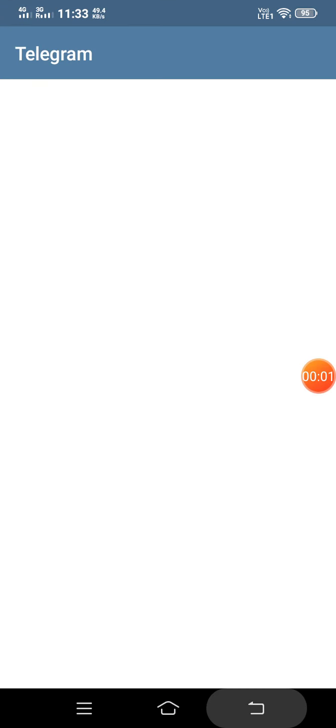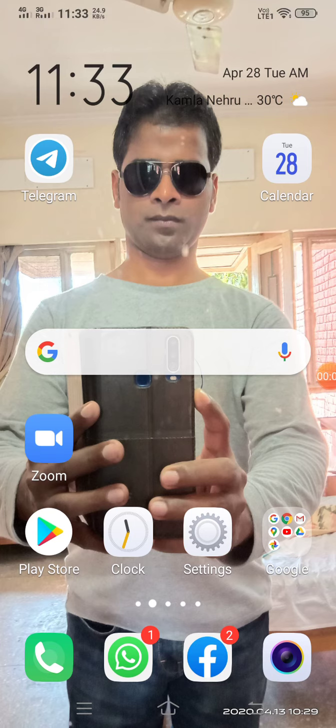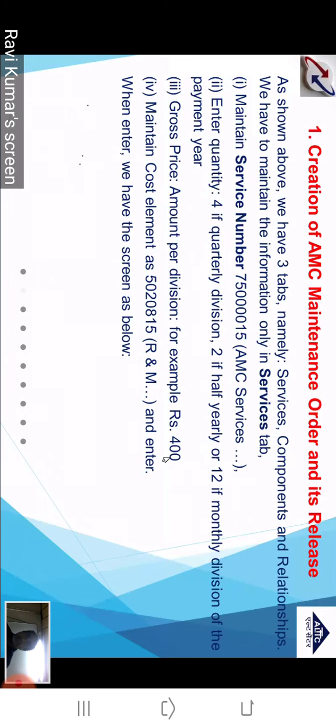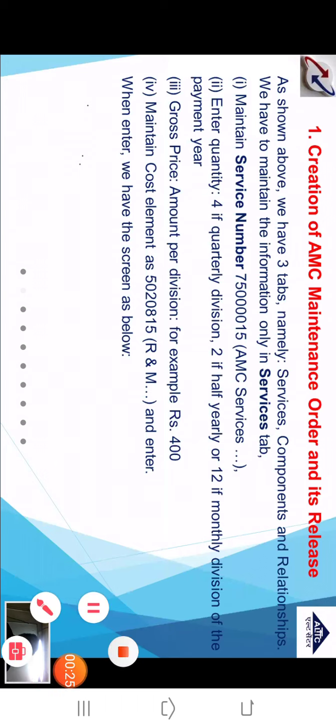AMC bills is actually on a monthly basis, right? Next, gross price. Gross price is actually the amount per division. Amount per division means, suppose it is 400, that means we are going to pay 100. Suppose it is 4 laptops and the quantity is 400, then we are going to pay 100 rupees per laptop